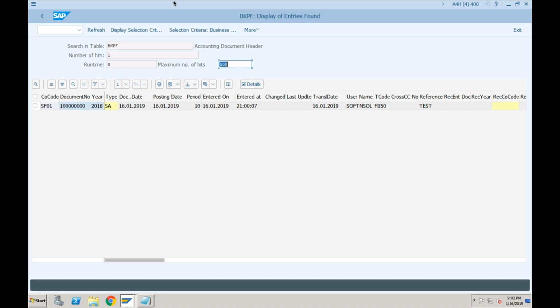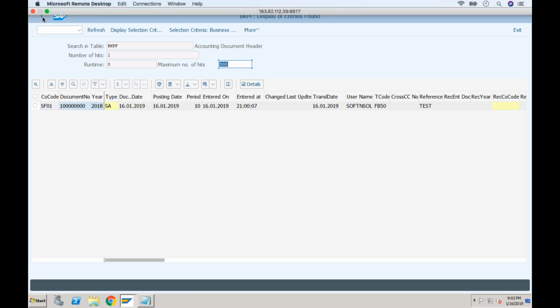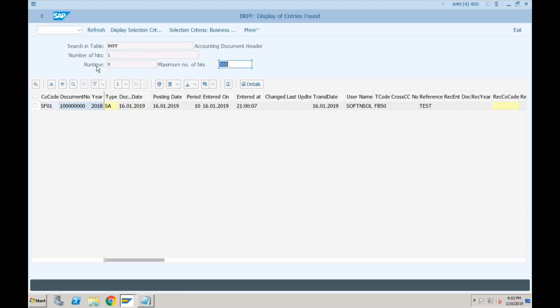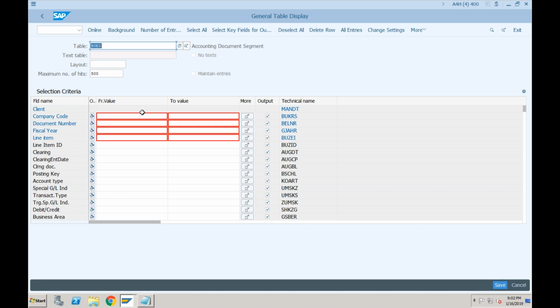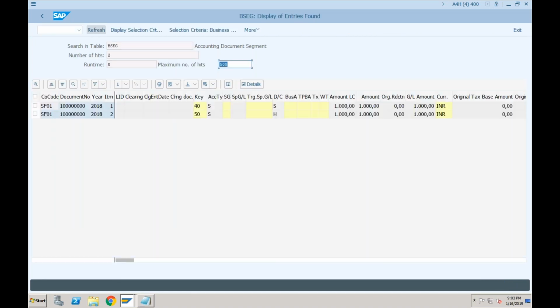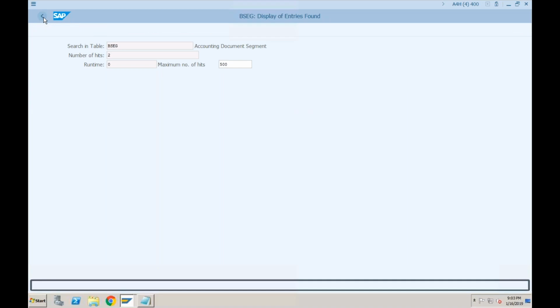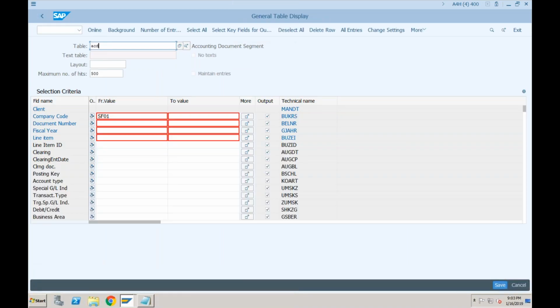What about BSEG? BSEG is also available, or that is gone? Available. BSEG is also available. So if BKPF is available and BSEG is also available, then what is the point of going for ACDOCA? Why ACDOCA? BSEG is also available. So what is the point of having the ACDOCA table?